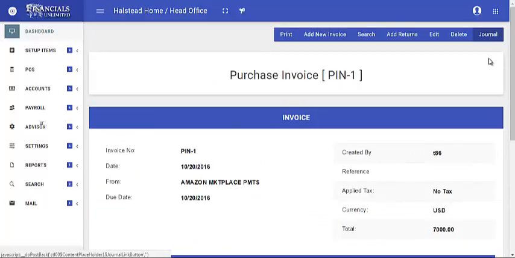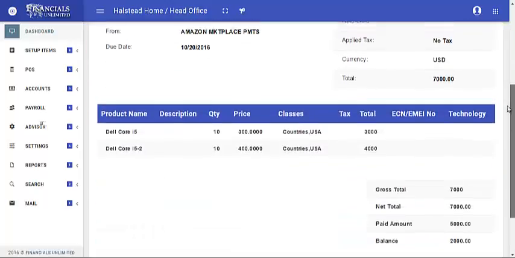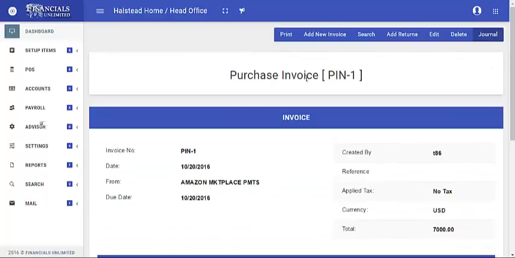Okay, now all of your purchases need to be done, or even if you do purchases in your store, the system will automatically do all of those purchases as head office purchases. But if you want to transfer some of the inventory to your store from which you want to sell those products, you need to transfer those.